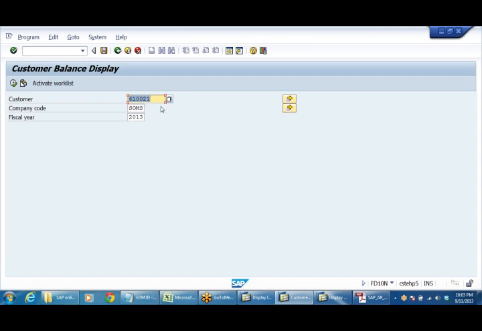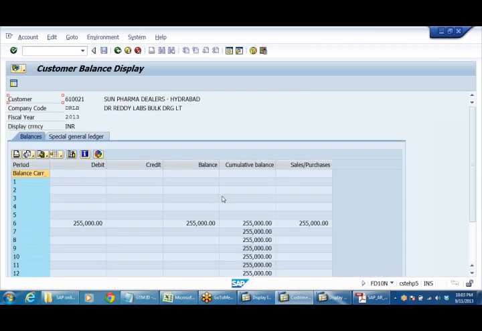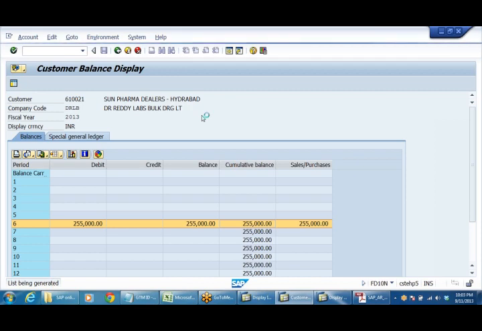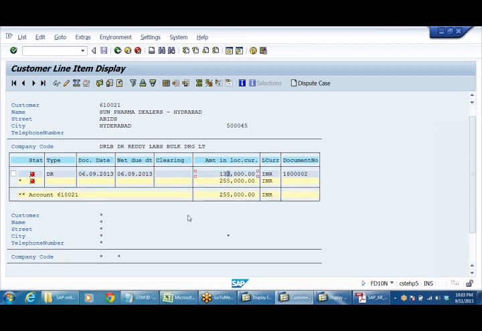So this is the first party. 6,10,021. Just execute. $122, $133. What happened to the third invoice?